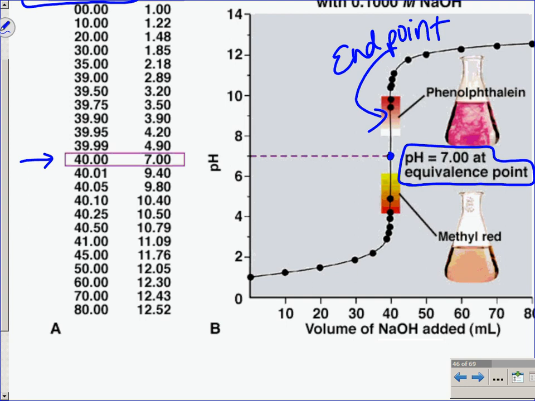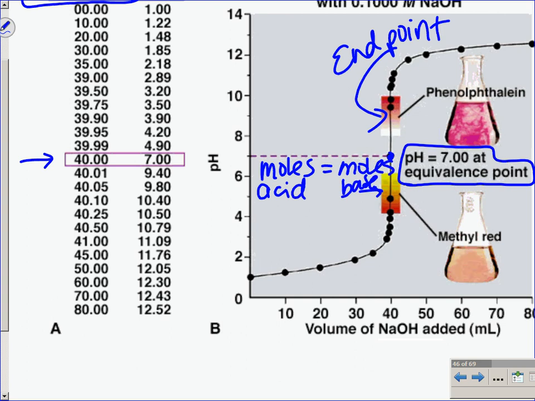But sometimes we have a very limited choice of indicators. Phenolphthalein is one we use quite frequently. Methyl red is another one, but look where it changes color, at like 5. So neither of those are ideal, but if we're knowledgeable enough about the reaction, we can choose a better indicator. So the endpoint is where the color changes itself. The equivalence point, I'll write the definition on the next slide, but basically it's where the moles of acid equal the moles of base